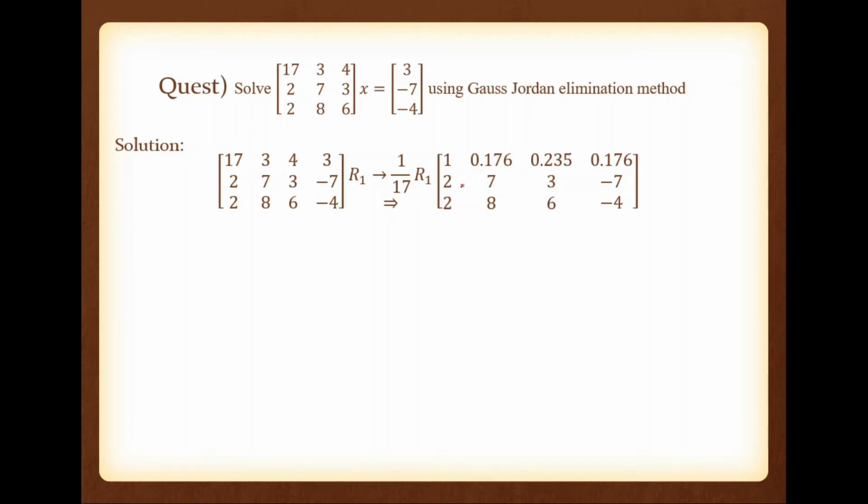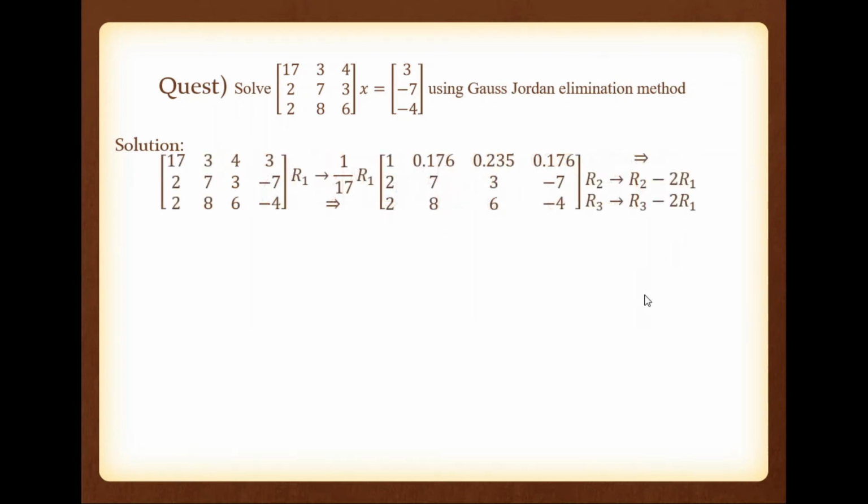Now what is the elimination part of the first elimination? We need to remove these two components by using this pivot. Here the pivot is 1. So how to remove these two? This is R2, so R2 is equal to R2 minus 2 divided by 1 into R1. There is no need to write 1, so R2 is equal to R2 minus 2 into R1. Similarly, how to remove this 2? This is the third row, so R3 is equal to R3 minus 2 into R1. So this is the row operation required.